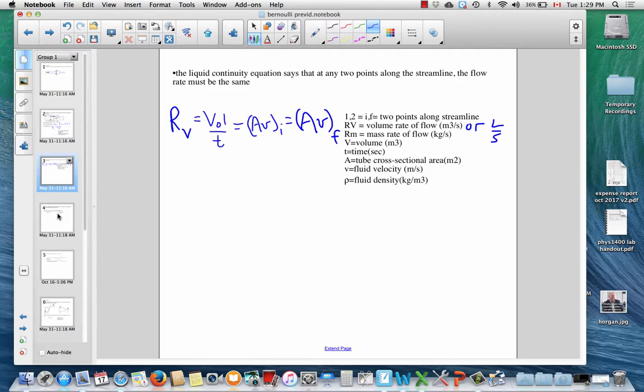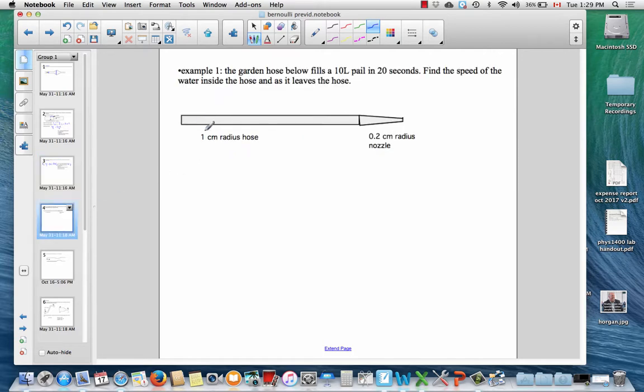Let's try an example to show you how this works. So let's consider the flow of water through a garden hose. Okay, now the water that runs out here fills a 10-liter pail in 20 seconds. So this we recognize as a volume in liters, and this as a time. Now our principle,